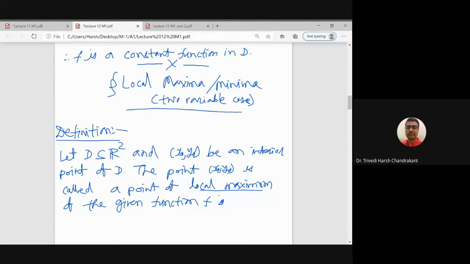The function is from D to R, so the domain of the function is D and it takes values in R. So x naught, y naught is the local maximum of f